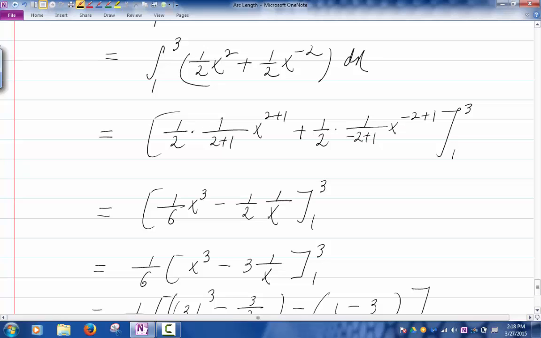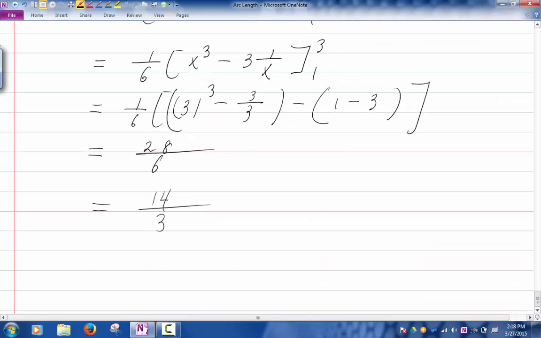You're integrating from 1 to 3. I'm pretty sure you know what to do after that. Okay, very, very quickly. But this problem is done in the video number 36 if you want to look at more details. Okay, but I won't go over more than this because I want to get to the homework problems